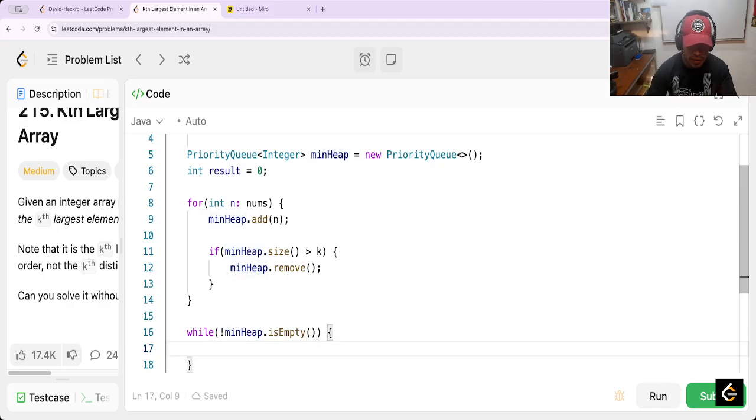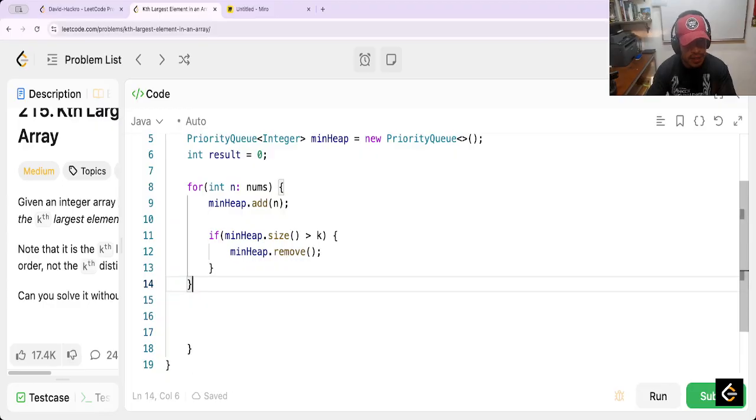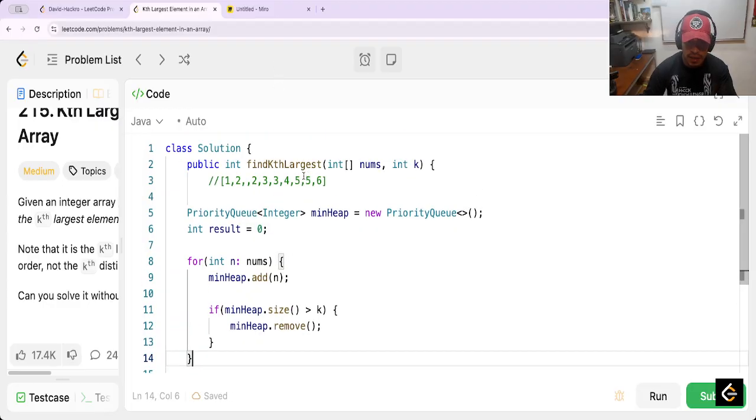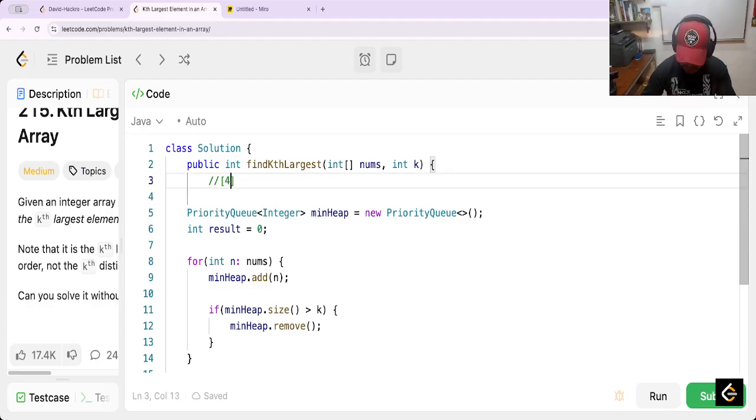Only iterate over these elements, and result is equal to minHeap.remove, no, even this is not necessary, because, for example in this case, 4, 5 and 6,